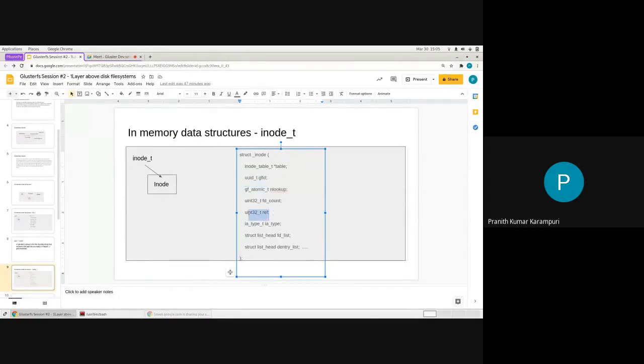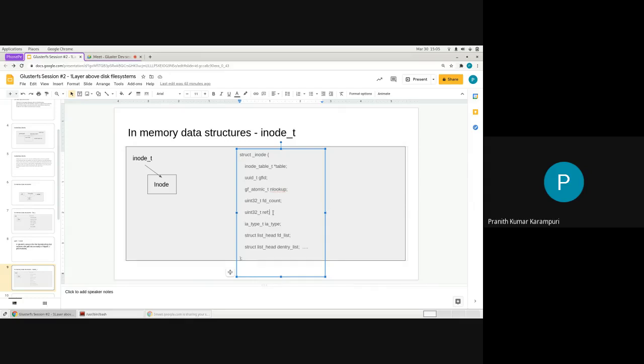So ref is a reference count of this inode. If X number of operations on a mount, or on a brick, are using this inode, the reference count would be that. And if it is linked to the table, it will be one more. Basically, whenever you want to use this inode, you will reference this inode.